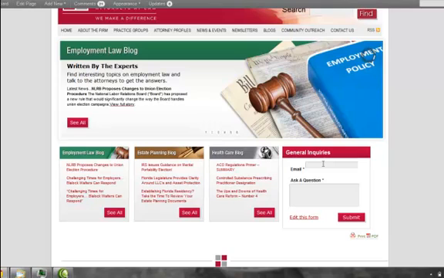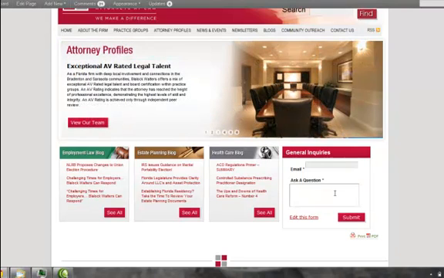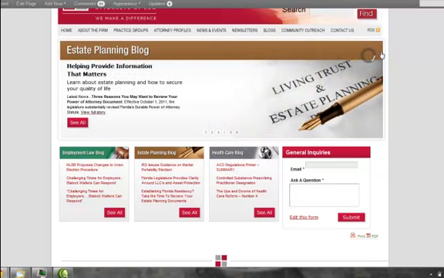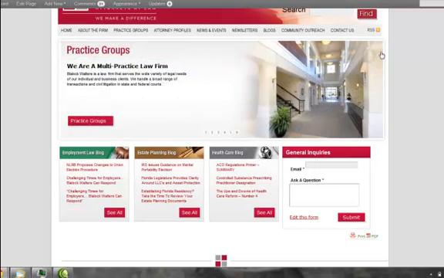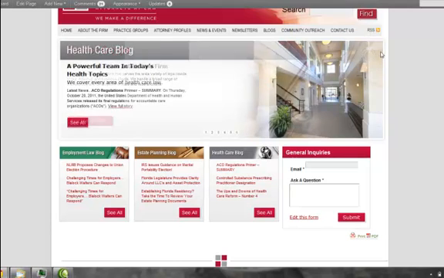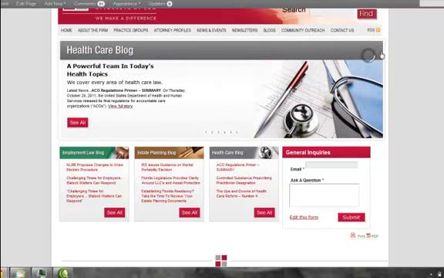The third thing on this page that is going to be very important will be the general inquiries. We want to try to give a quick way for lead generation. What happens is people click to attorney profiles or contact us to try to get a way to contact the individuals or the actual firm. So, to make it easier for them, because when you have 1, 2, 3, 4, 5, 6, 7 clicks to get to an actual contact area or be able to want to communicate with somebody, you're going to lose a